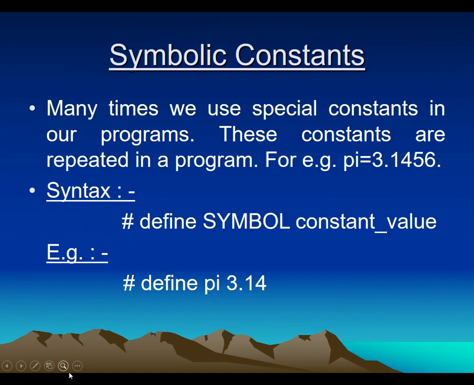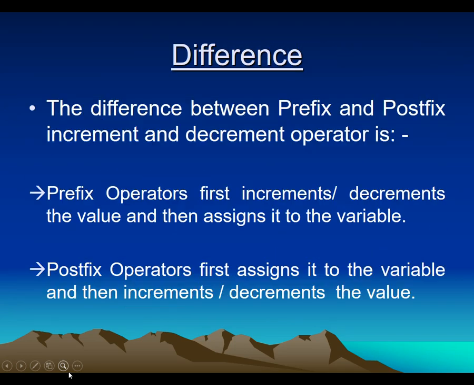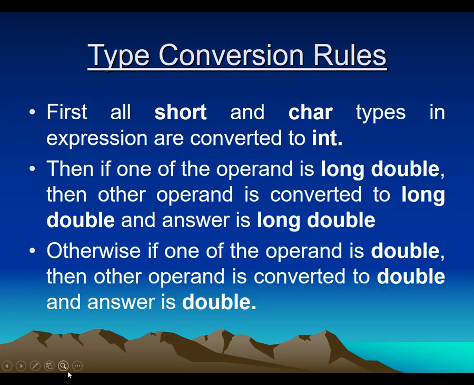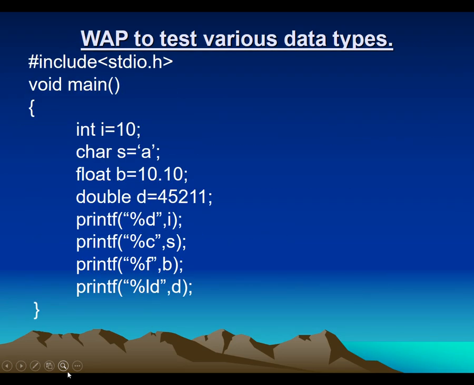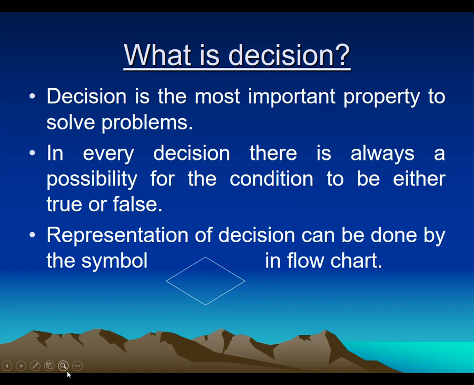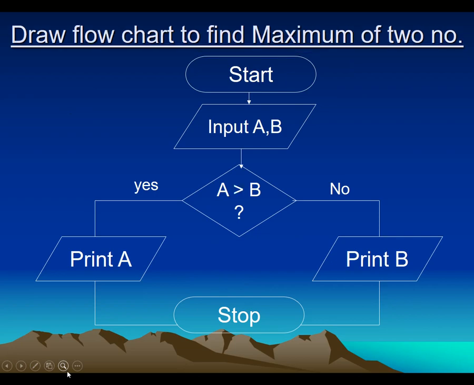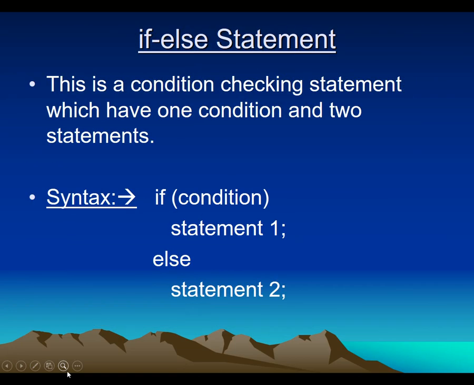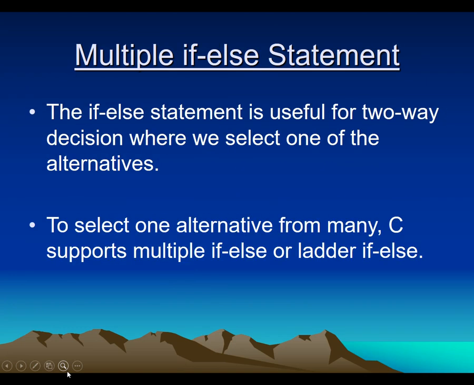Let me go inside the control structure first. Lots of slides we have discussed. Fine. So this is the control structure. We have discussed this slide. Even we have introduced this diamond symbol for flowchart. Then we have discussed the 2-3 flowcharts. Then we have started with if else. This is the theory of if else that we have discussed in the last lecture.